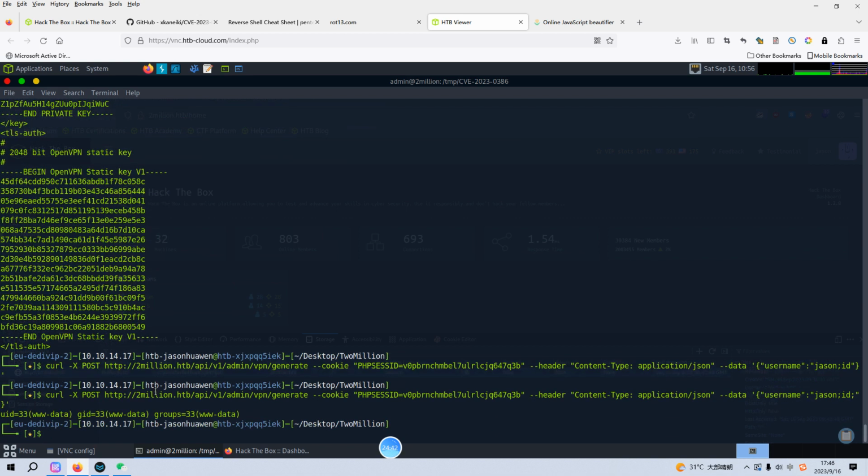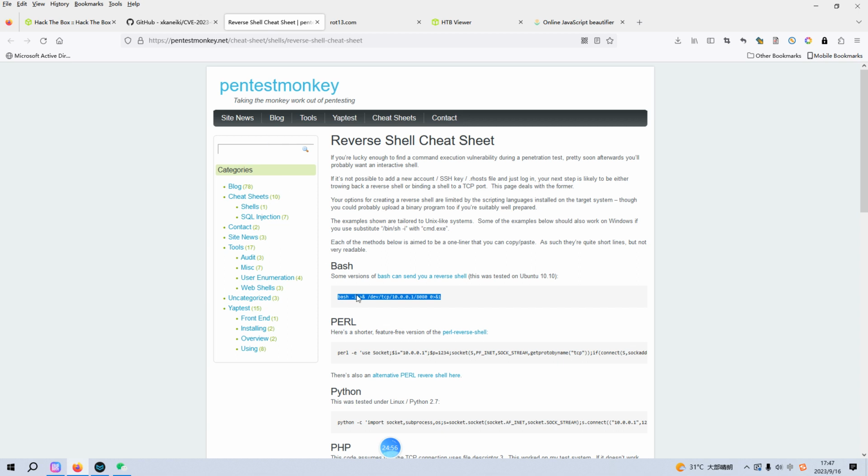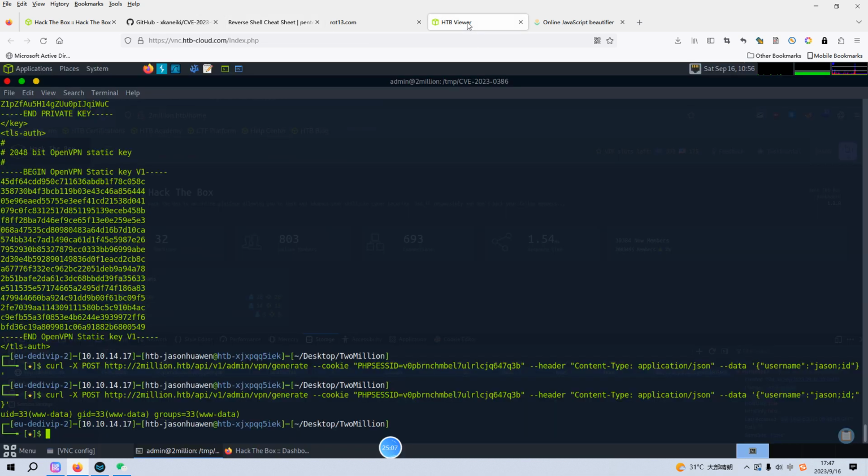Yeah, as you can see, we can run our command. So I think naturally what we are able to do now is to get the reverse shell. And I have already opened up the Pentest Monkey, so we can use this command to, of course, we need to encode this command. Let's go back to our HTTP viewer, and what we can do, we can use this,